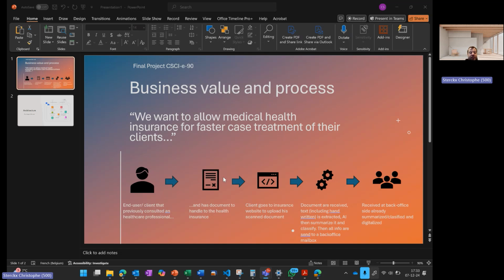Instead of sending these documents through the postal service to the medical health insurance, you will now have the possibility to navigate to my website, or the website of the insurance company, where you'll be able to digitize and upload his documents. Once this is done, we will pass these documents through our AWS application that will